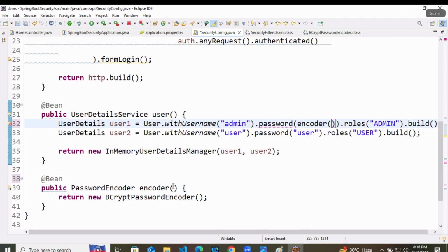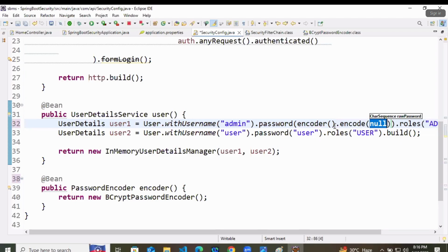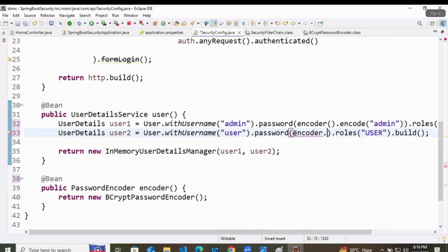Now inside this I will use dot encode, and whatever password you are trying to encode, you can type it here.